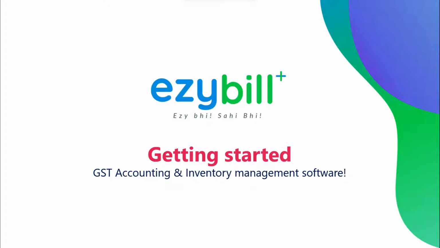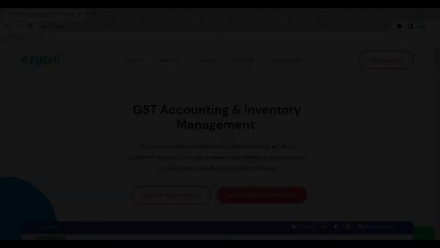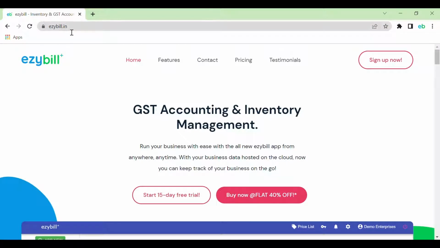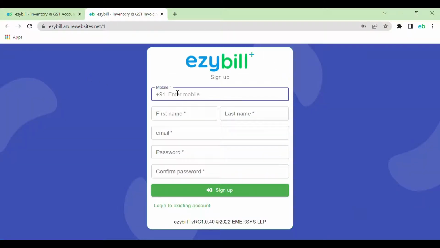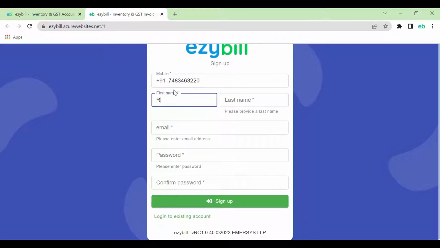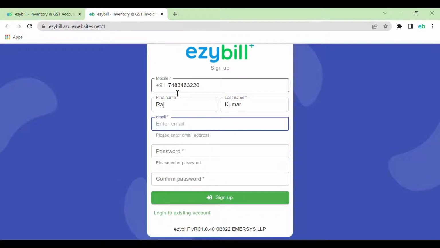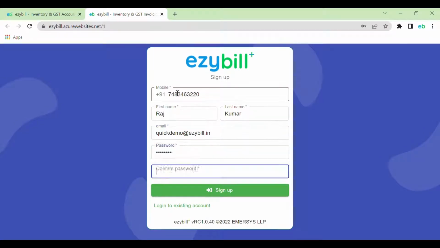Easy bhi, sahi bhi. So, let's get started. To begin with, go to www.ezybill.in and click on the Sign Up Now button. Here enter the details requested, your mobile number, name, email address, password and then confirm your password and click on